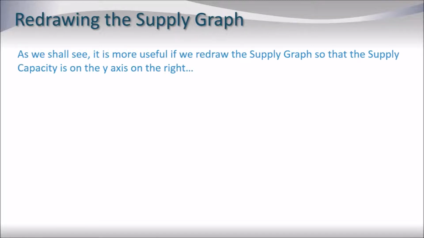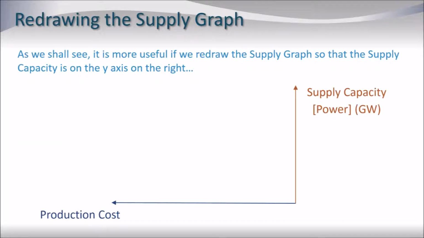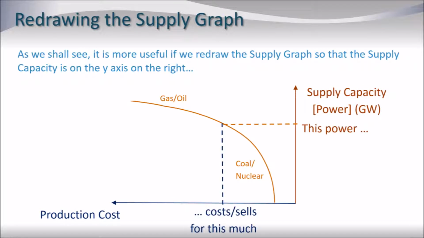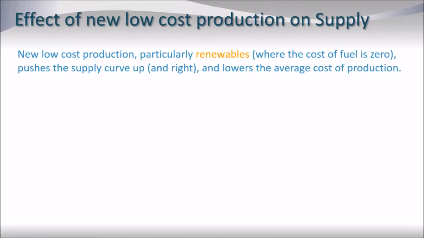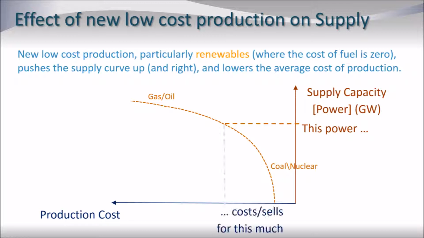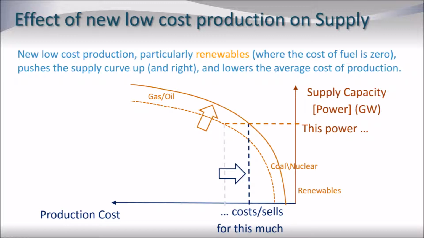As we'll see, it's more useful if we redraw the supply graph so that the supply capacity is on the y-axis on the right. This involves tipping over our previous graph to the left by 90 degrees as shown. So now we have the supply capacity on the y-axis and the production cost on the x-axis. It's particularly interesting to have a look at the effects of new low-cost production, particularly renewables where the cost of the fuel is zero, that's sunlight and wind,